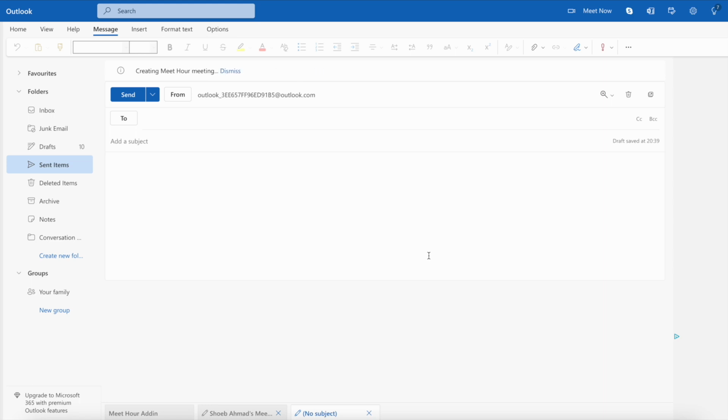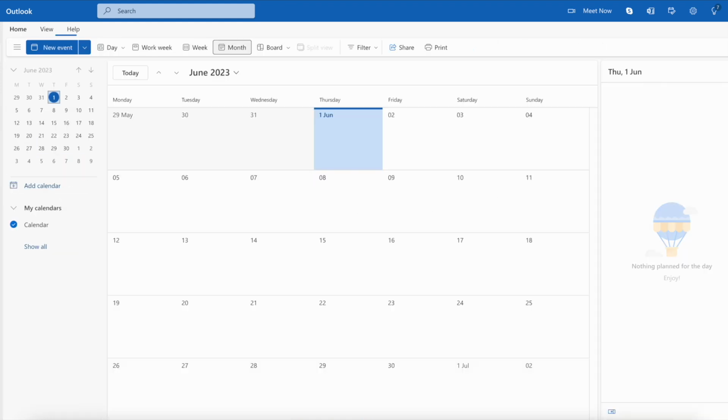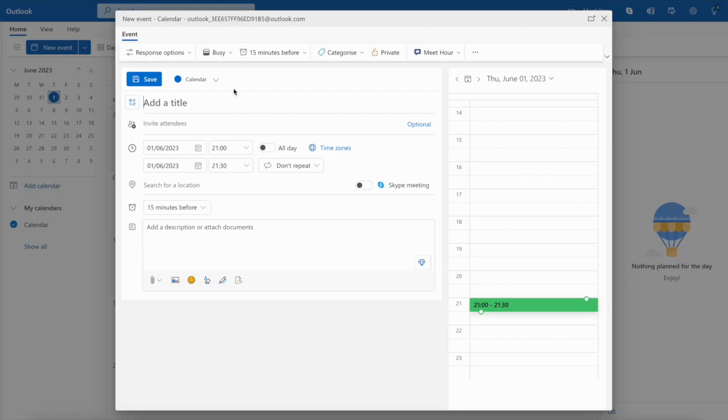So this is hitting the API of MeTower and will bring the meeting by creating an instant meeting and paste it on your Outlook compose body. Similarly, you have to go to calendar, create a new event, and here also you will find